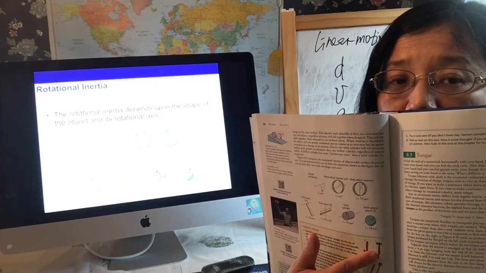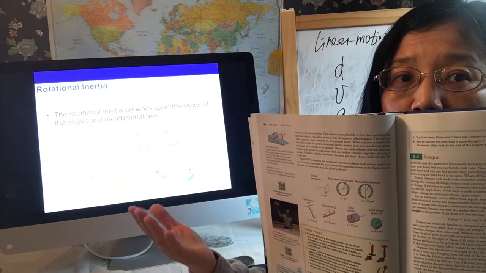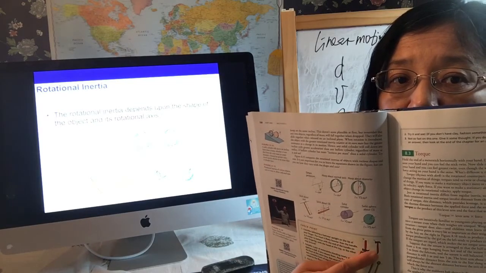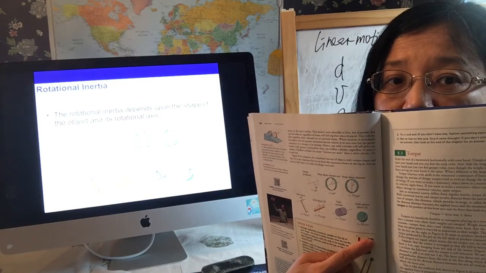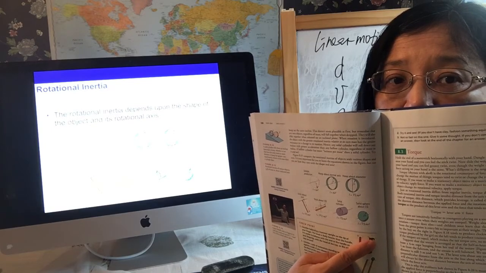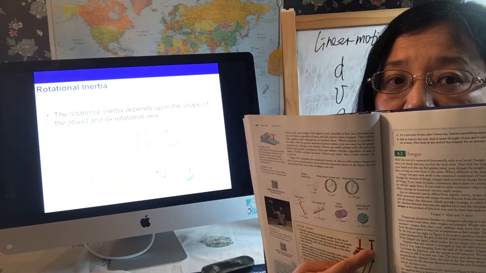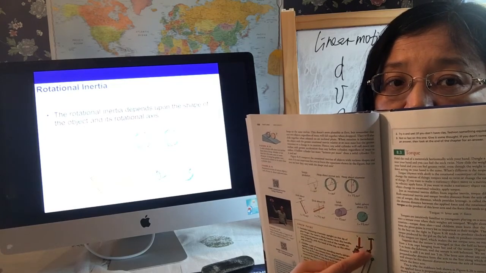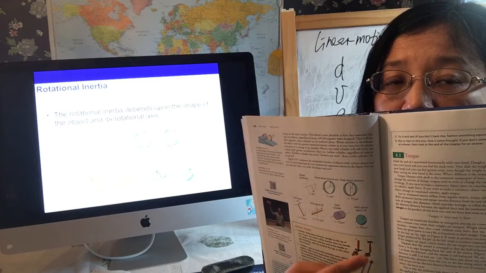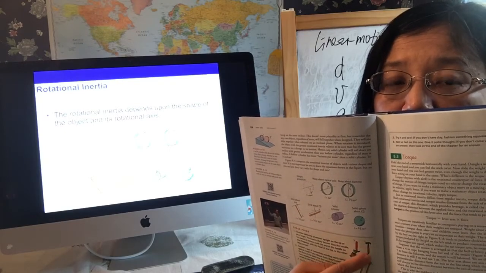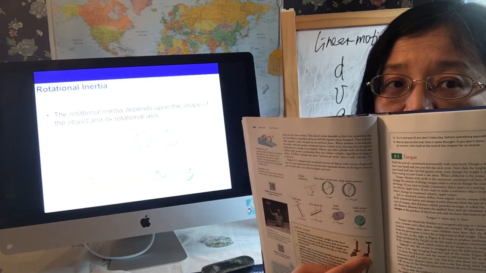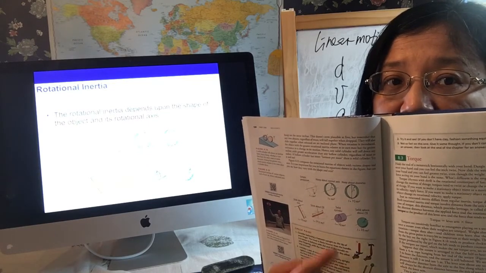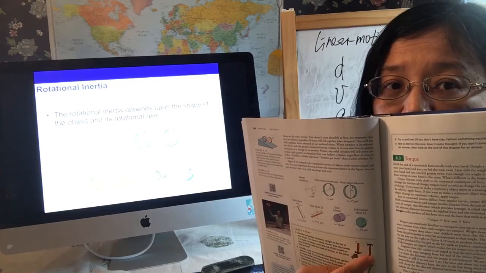But it also depends on how far the mass is from the axis of rotation. Your finger point is going to be your axis of rotation, but the head here is further away from the axis. So for this case, it has greater rotational inertia. So it's going to be harder for this hammer to change from rest to rotate. That's why it's going to be easier to balance this